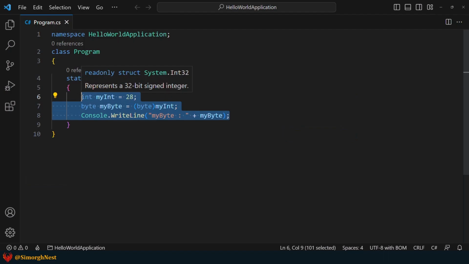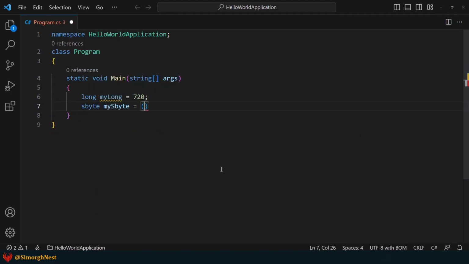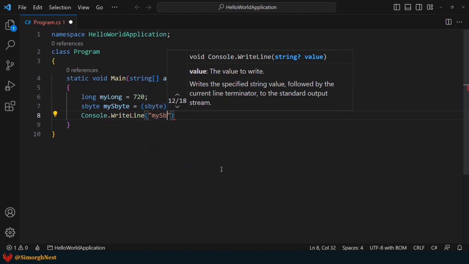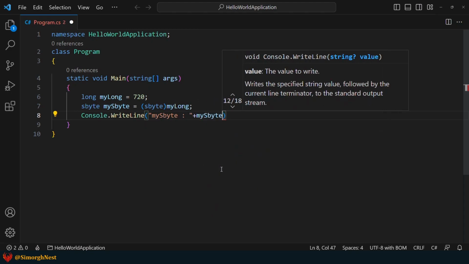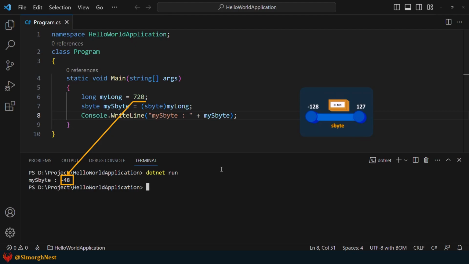Now let's show you another example. Let's display it in the terminal. Okay, in this case, our data is lost because the value of myLong is outside the range of a byte, so the value is truncated to fit within the range of sbyte.